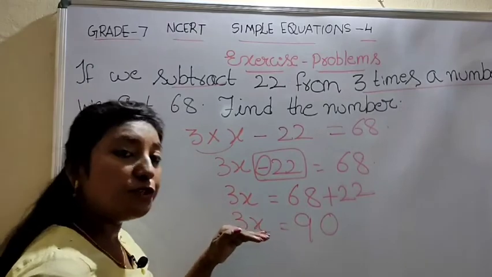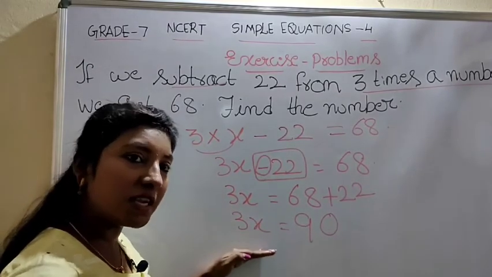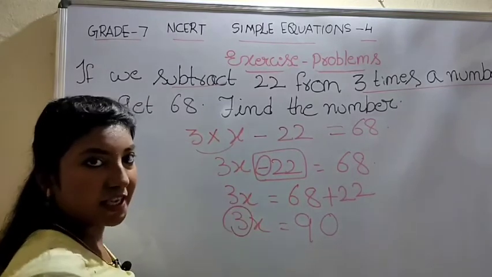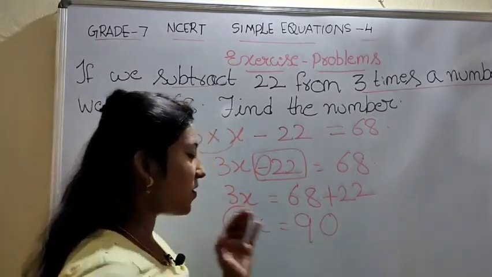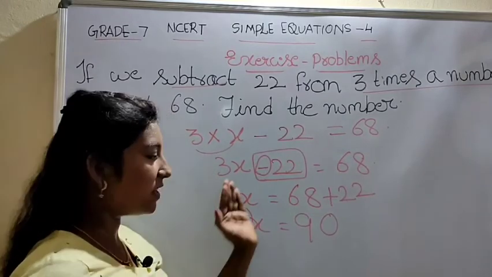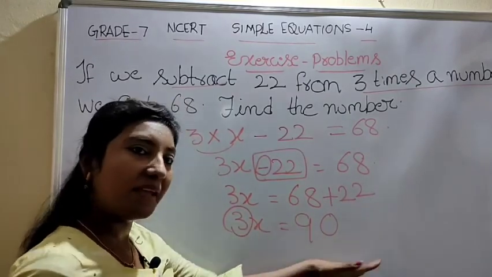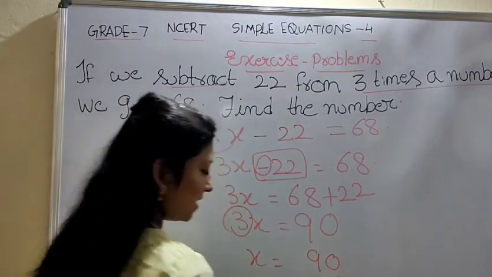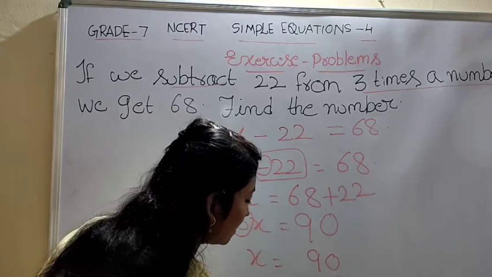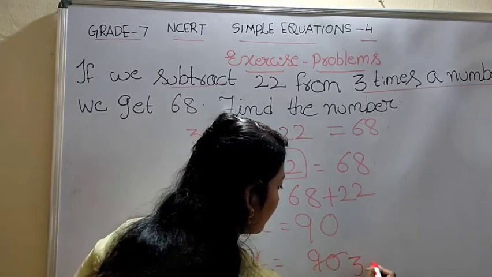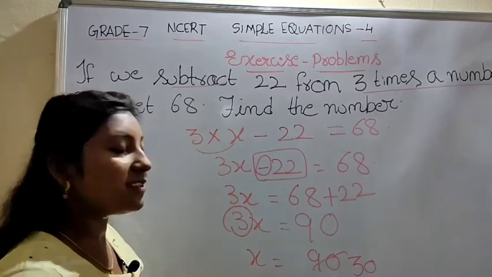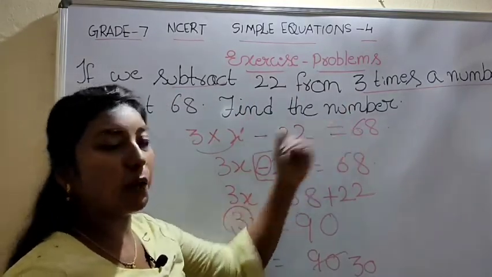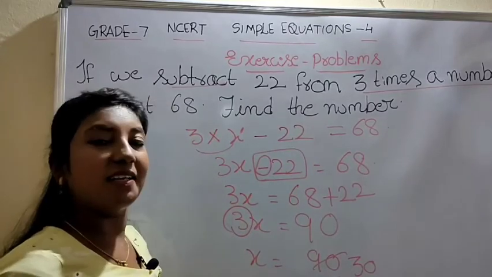And we do not want any constant before the variable. So we have to transpose this. It will become division, because it is performing multiplication here. When it goes to the right hand side, it will perform division. So x equals 90 divided by 3. So x equals 30. If we cancel this, we get 30. In this way, we can solve the statements by writing them as an equation, and we can find the unknown variable of this statement.